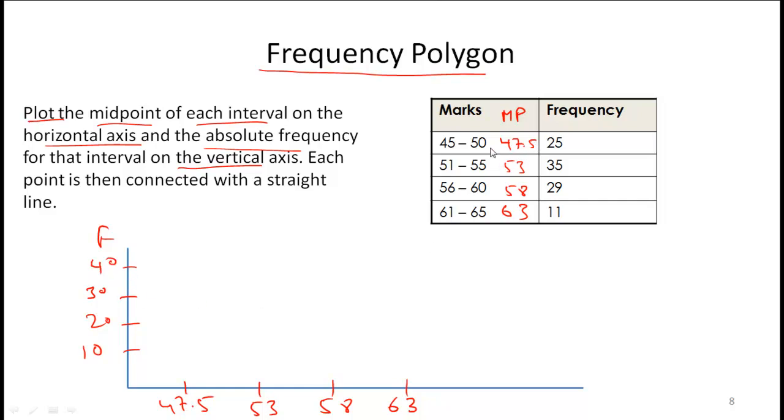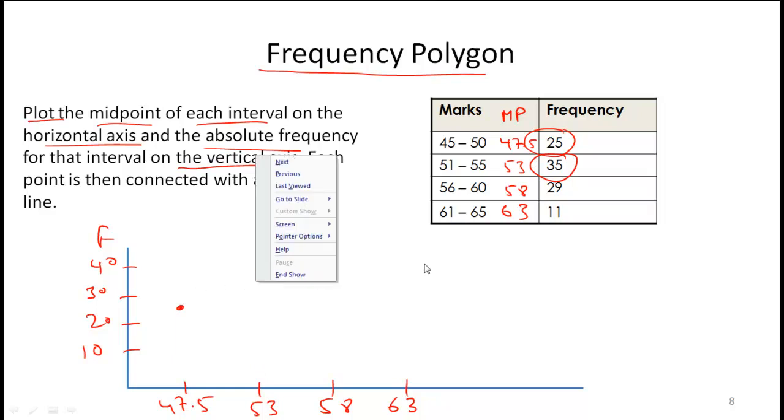So for the midpoint 47.5, we have a frequency of 25, so we come to the 25 point. For the second midpoint of 53, we have a frequency of 35, so we go up to about 35, which is this point,